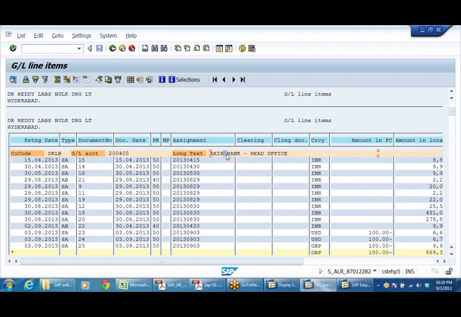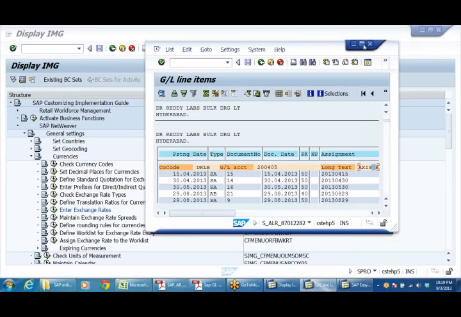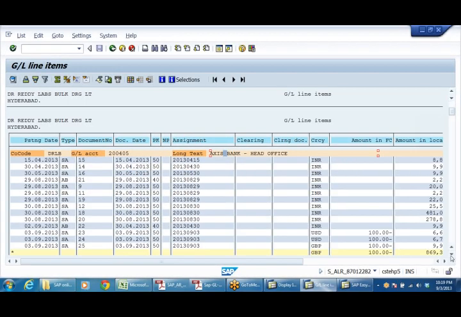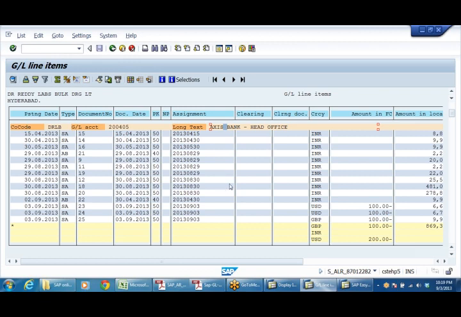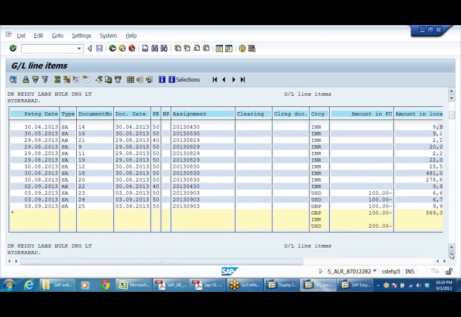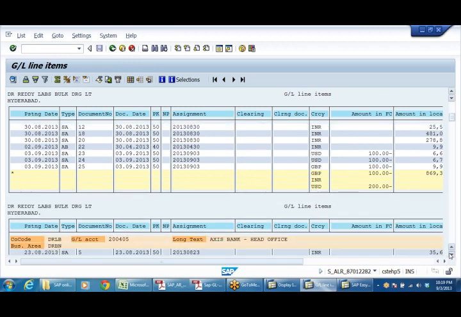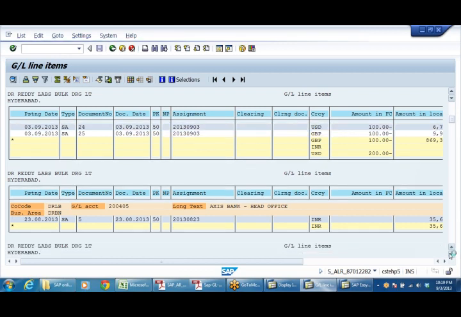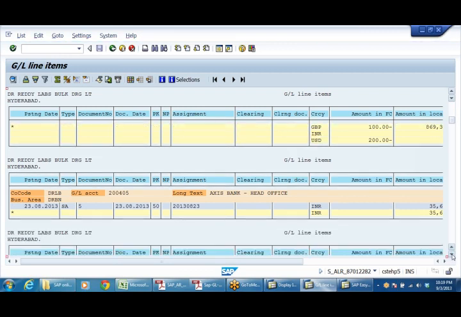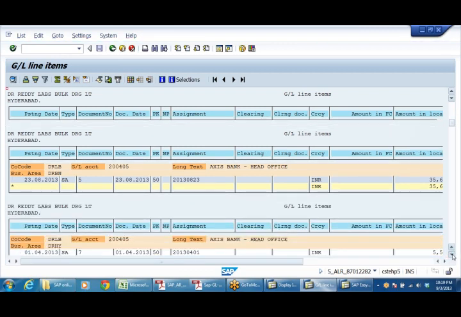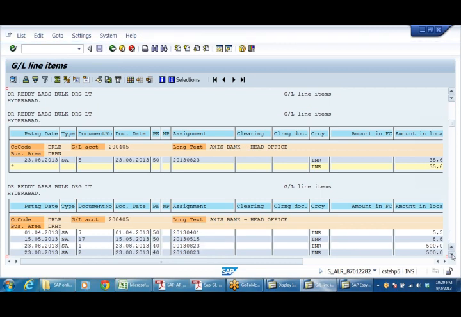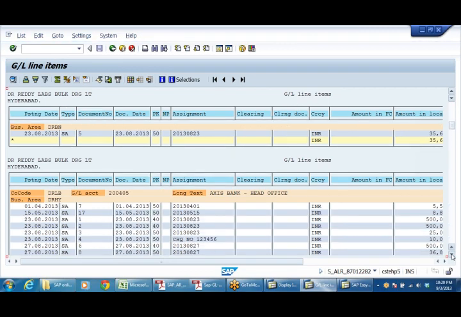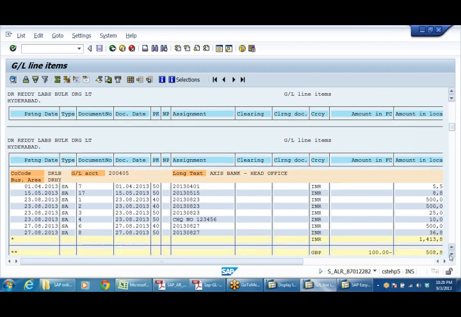See, Axis Bank account. Axis Bank head office. Business area wise it is giving.